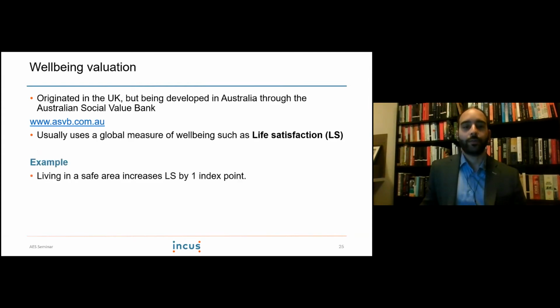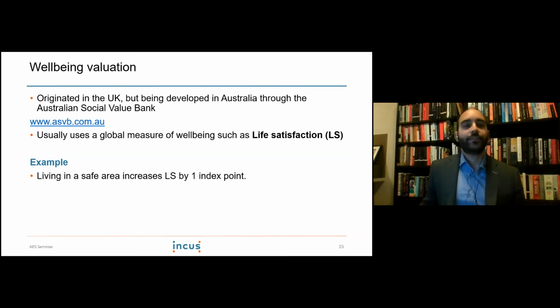works through large data sets that look at changes in life satisfaction across all Victorians or all Australians or whatever the group might be that you're interested in. And the most common data sources for that are the ABS, Australian Bureau of Statistics, and the HILDA survey that I think is carried out by Melbourne University annually or biannually. HILDA is the Household Income and Labour Dynamics survey.